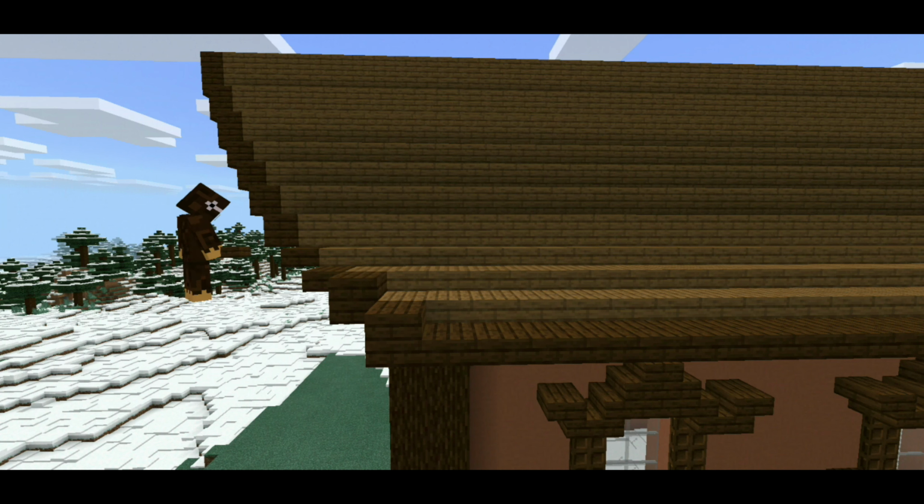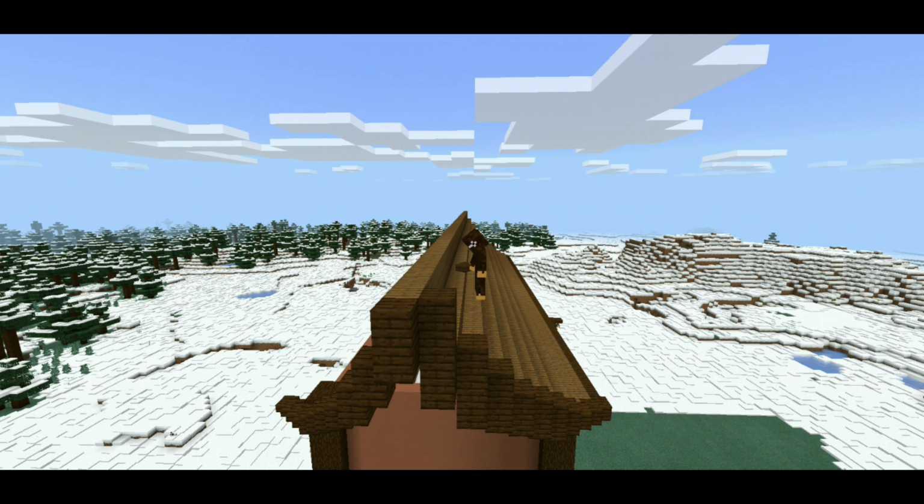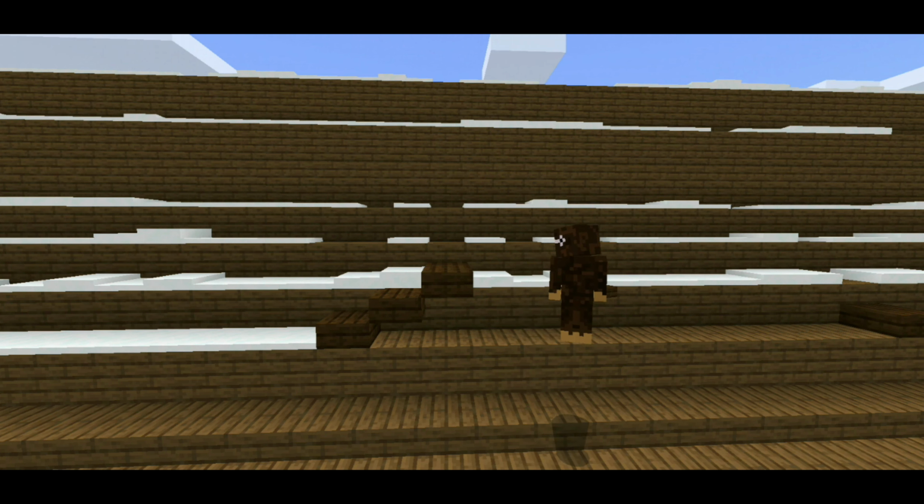To add some more detail to the dark oak around the edge of the roof, we will bring each of the dark oak up to the spruce above it. Then the very top will just go up 2 dark oak blocks. It's important to remember that the roof is the same on both sides, so anything put on one side is